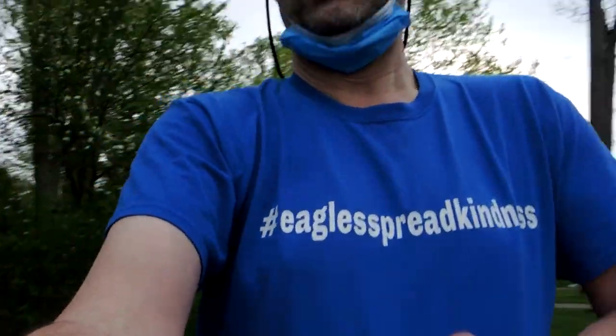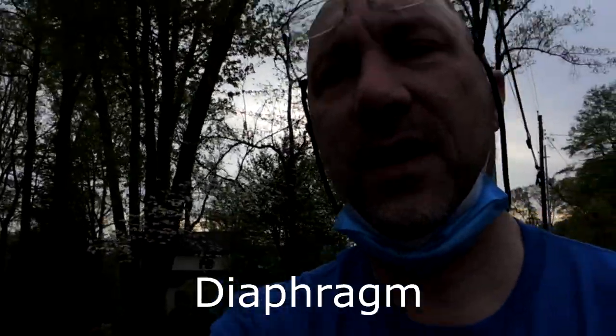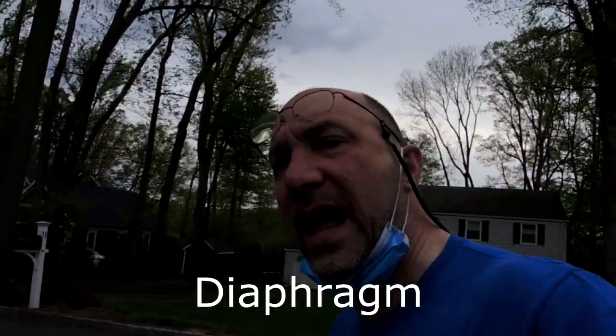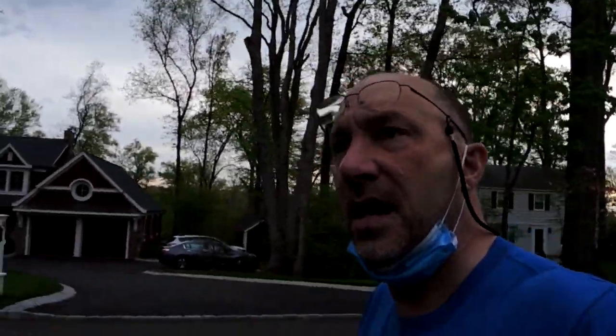Right? Now, down low, just below your rib cage, is a curved muscle. And some of you singers or trumpet players may know that's called a diaphragm. The diaphragm is a curved muscle, and when you are in a relaxed state, it bends curved, making the space in your chest a little smaller and forces the air out of you. And when you flex the diaphragm, it straightens out, but straightens out by pulling down. And when it pulls down, it increases the volume of space in your chest, and you suck air into you